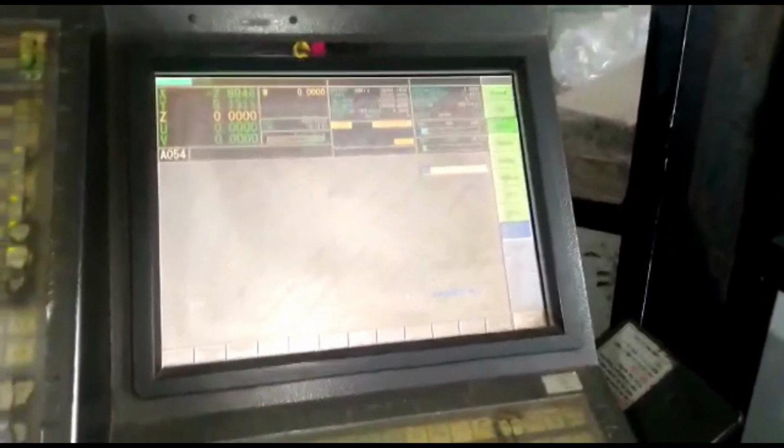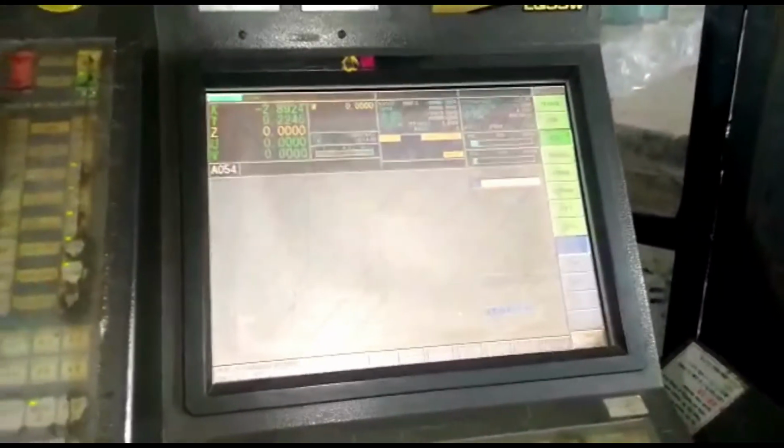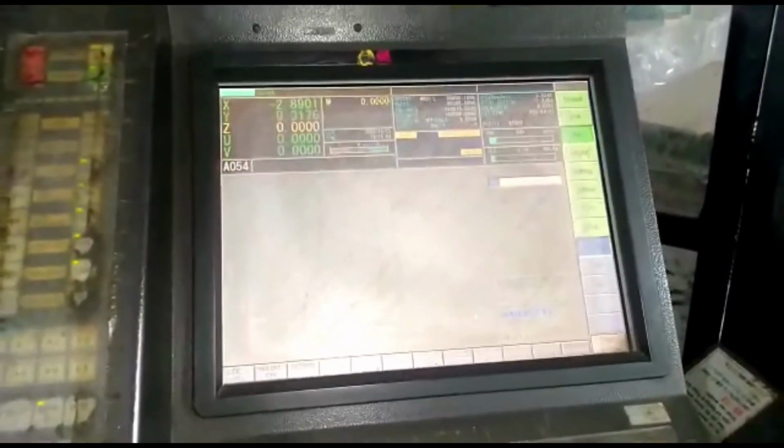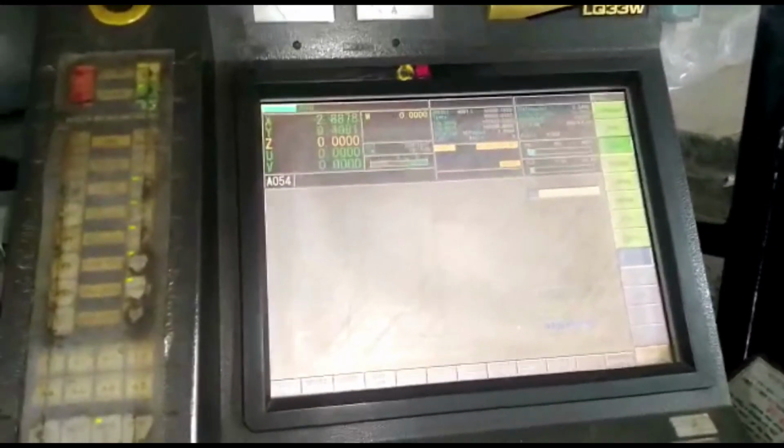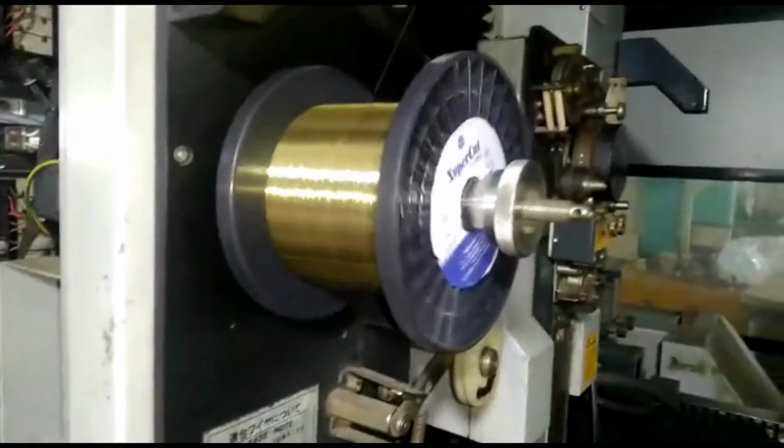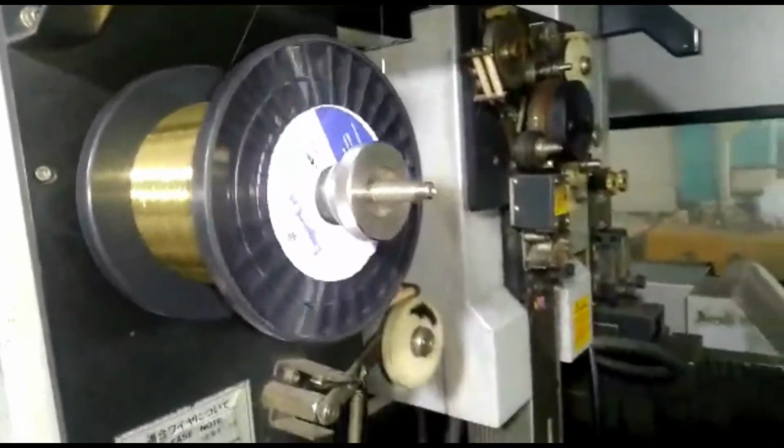How the machining is carried out here: we feed the program to that machine. According to that drawing profile, we prepared the program in this machine. That program is given to this machine itself, and according to that, the surface profile is generated over that component. Here we are using a wire bundle or wire continuously, which is fed towards that component.